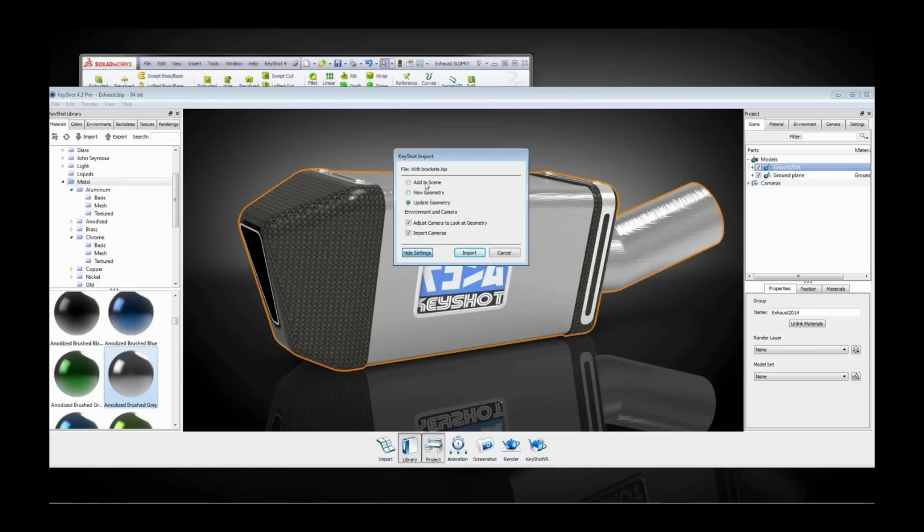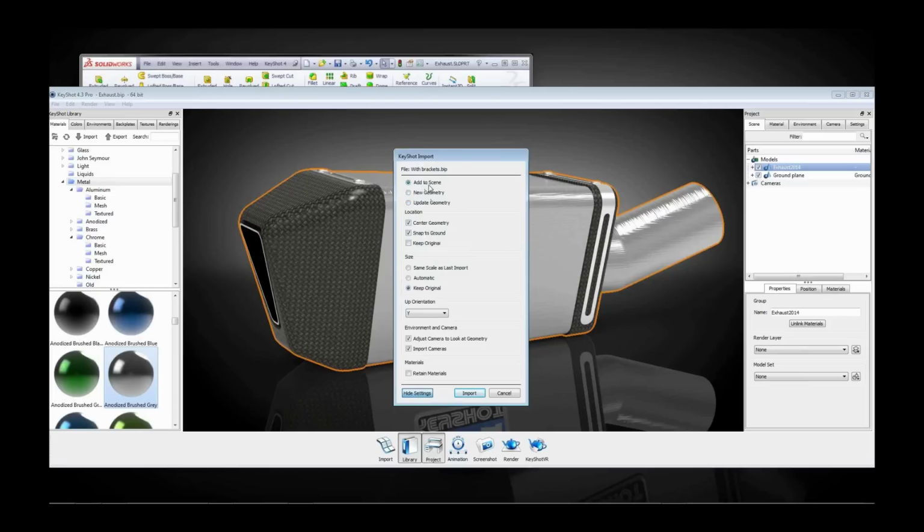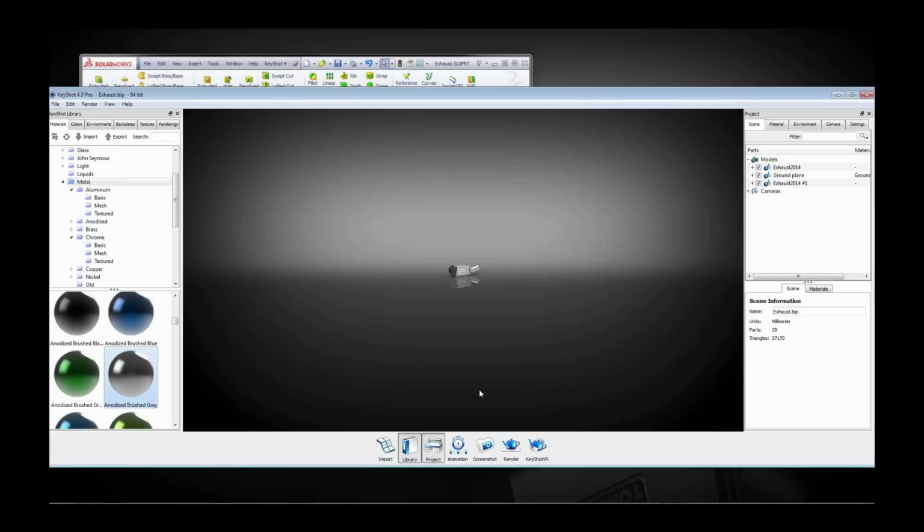But in this case, we'll be adding it to the scene and using the keep original size so that we know that our two exhausts will be the same size relative to each other. And we're going to check this box here for retain materials so that the shaders we've applied in SolidWorks will be updated with the materials we've applied in KeyShot. So we'll import,